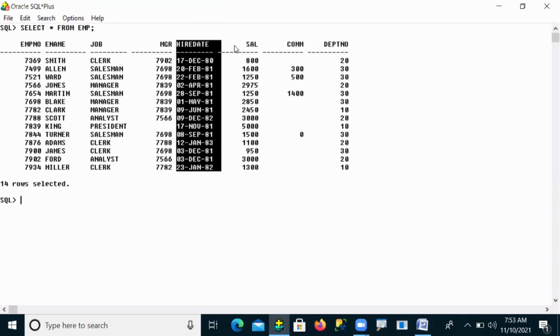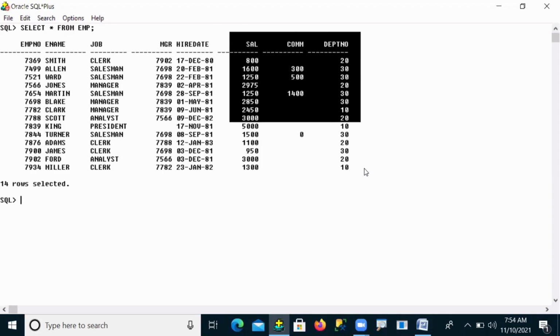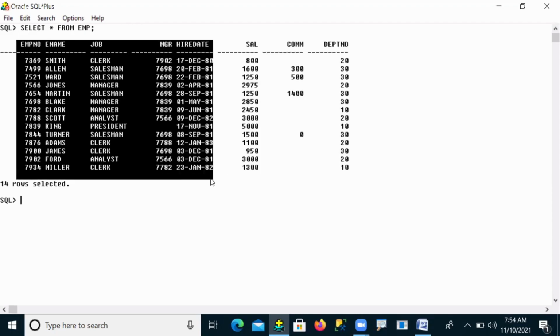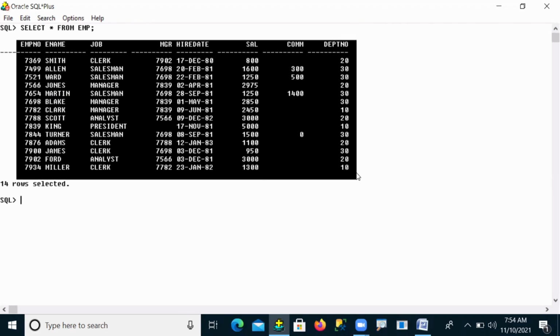So if you see each and every column, the values are stored as per the data type of the column. In my table also, you can see it is clear-cut.